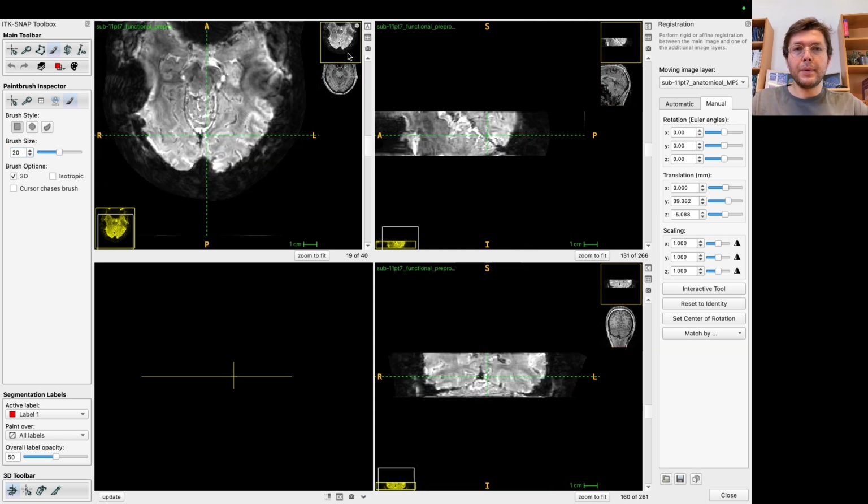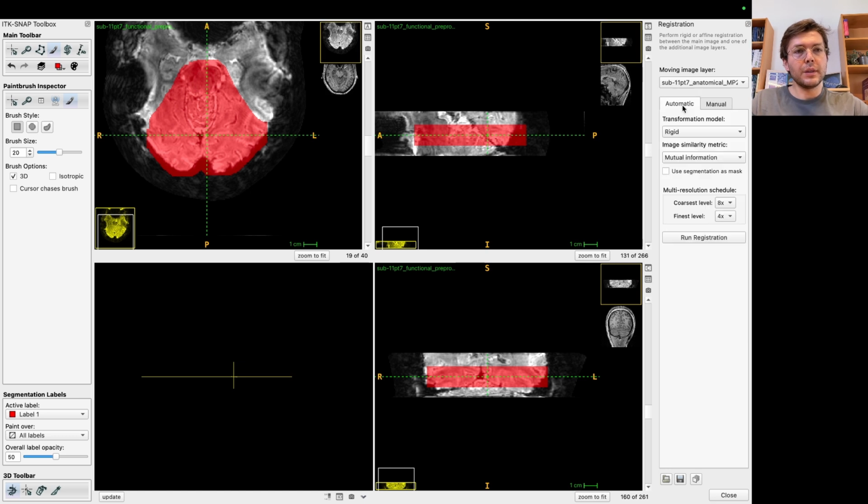Go to my EPI image, that is the source image, and start drawing very roughly my region that has a good amount of brain contrast and the region that I would like to really analyze things in. So my activity is basically in this region that I expect. Okay, so once I draw this rough brain mask,